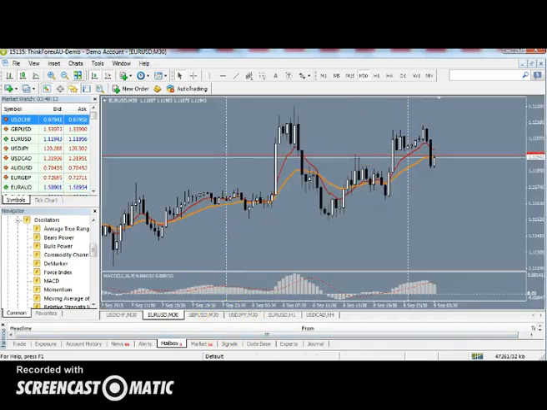Okay, we're running out of time, and remember, we want to change the chart for the 7 major currency pairs. I will be giving them to you in